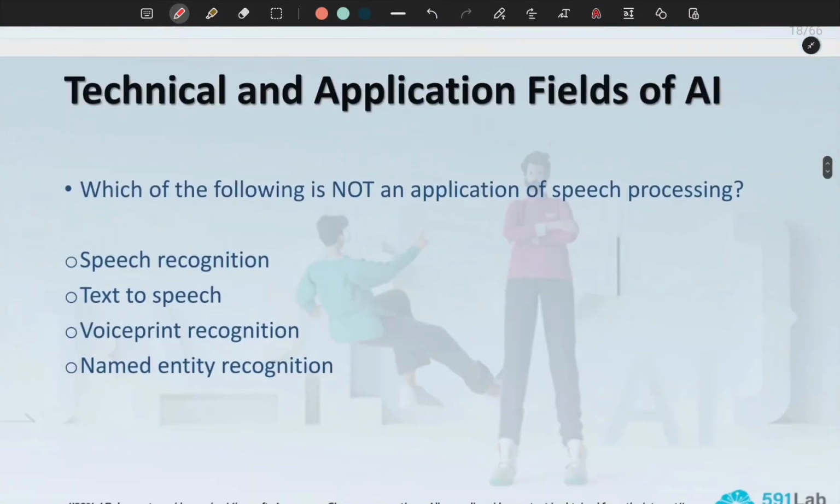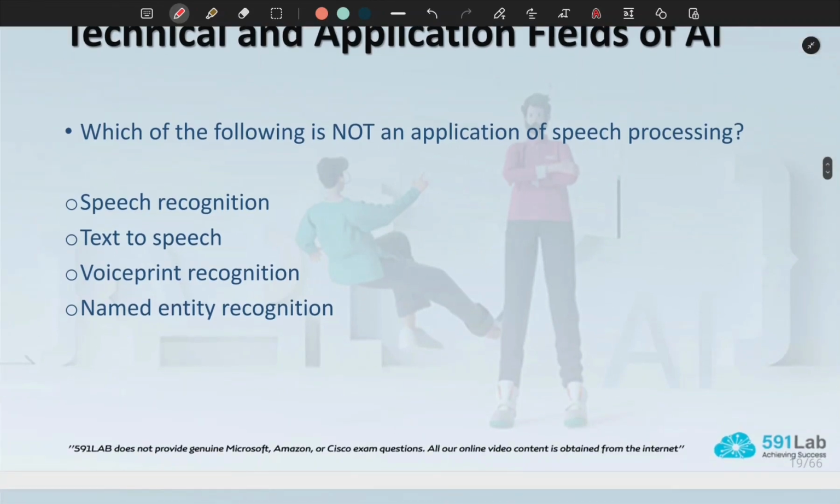Which of the following is not an application of speech processing? One correct answer. Which is not an application of speech processing? Speech recognition, or text-to-speech, or voice print recognition, or named entity recognition.